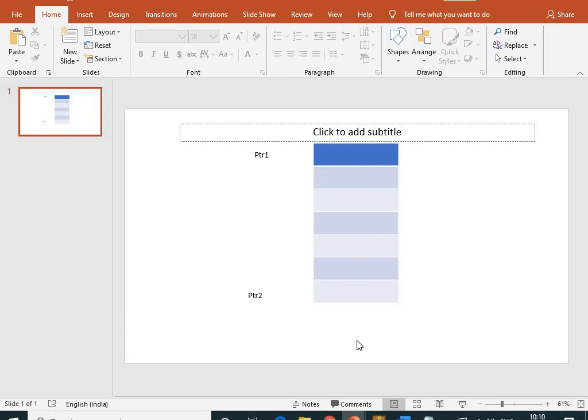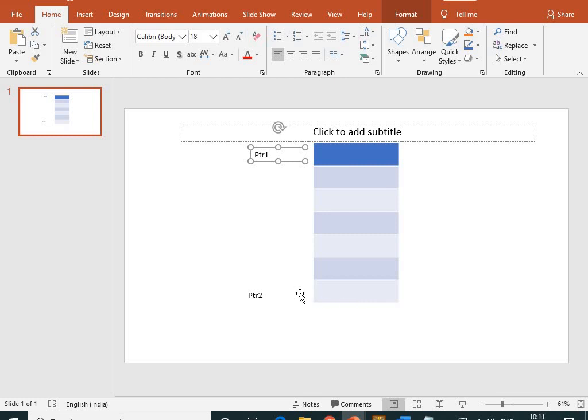See, there might be many elements in an array, like 20 or 18. Now let's assume that we have 1 2 3 4 5 6 7. Assume that out of 25 you have accepted only 7 elements in the array. So if ptr1 is pointing to the first address, the last element address could be found out by making ptr2 equal to ptr1 plus n minus 1.